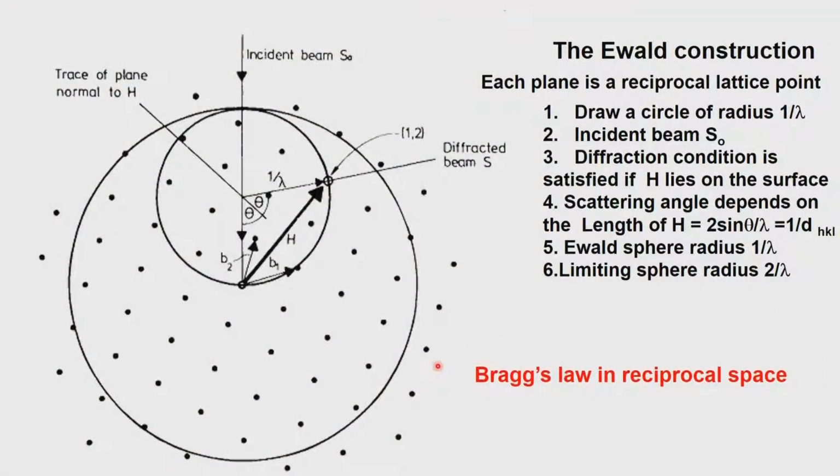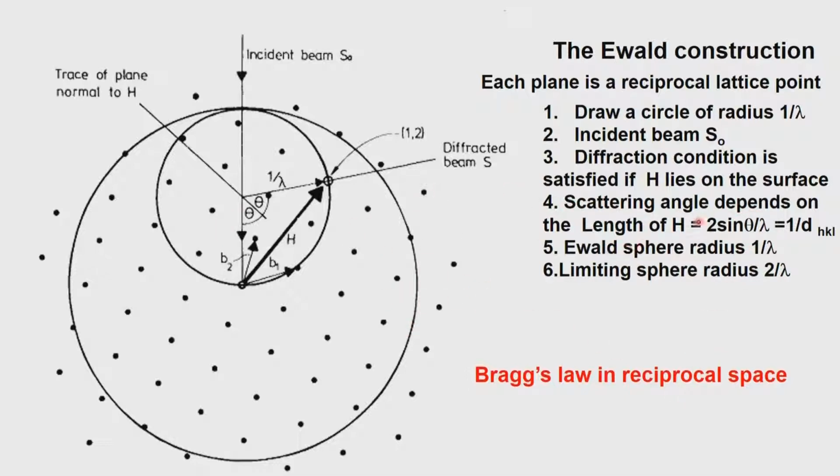So, we just see here that we can do Bragg's law in reciprocal space, the way in which the number of reflections appear. It is always a wonder in many cases how come when we start rotating the crystal we get more and more reflections, and this particular construction helps us to understand how this really happens and how we can get to the diffraction condition.